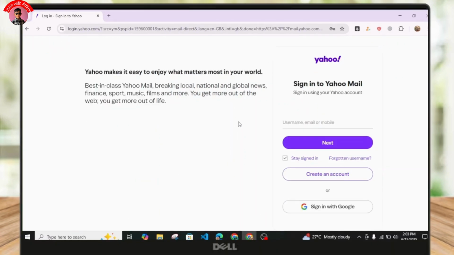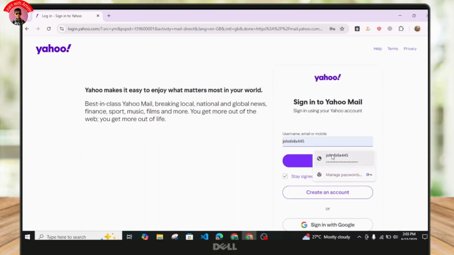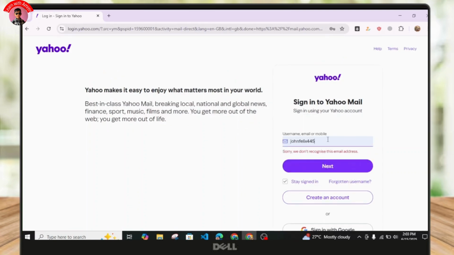If you're facing an issue where you are not able to log into your Yahoo Mail account, then what you need to do is first head over to the Yahoo login page, just like this, and try to enter your registered username, email or mobile number. As you can see, in my case it's not recognizing this email, so I'll simply enter my other email